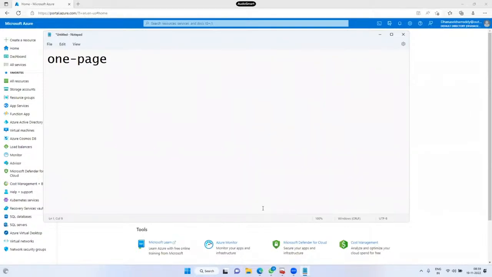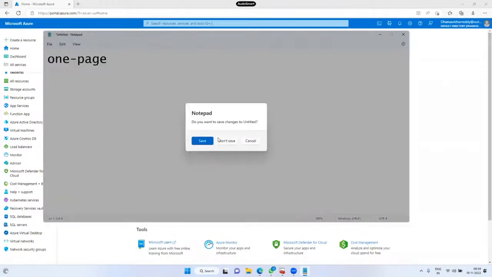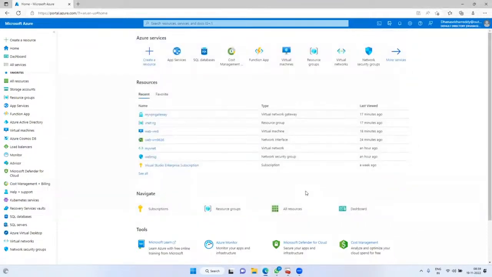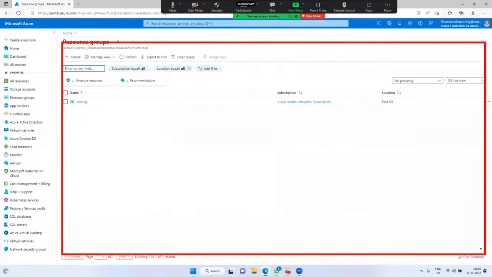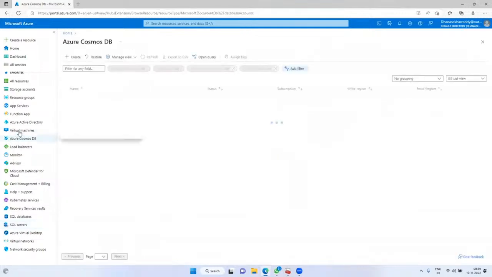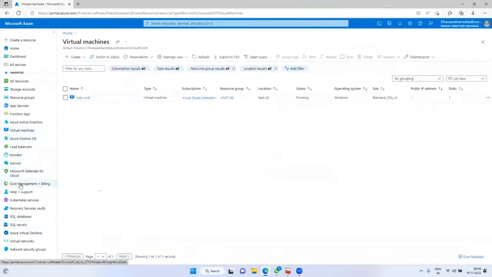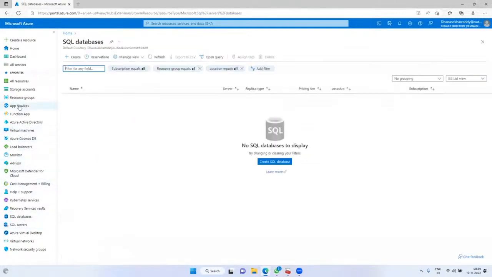So here, we call it a one-page application. One-page application means that if I navigate anywhere, the page is rendered in this part itself, the part which I highlighted with red color. I went to virtual machines, I went to cost and billing, I went to app services.